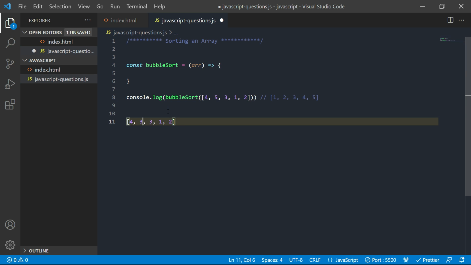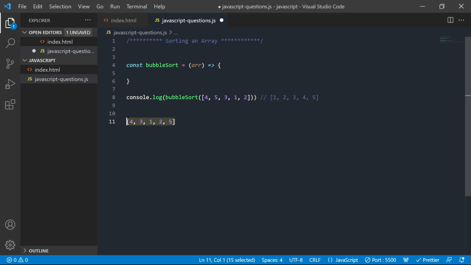Now 3 becomes the second element and 5 moves ahead, and again it's going to check the next two adjacent elements. It is going to check whether 5 is greater than 1 or not. It is greater than 1, so it's going to swap their positions. Again it is going to compare the next two elements, and if 5 is greater than 2, then it is going to swap their positions. So this is the first iteration, and the 5 is sorted.